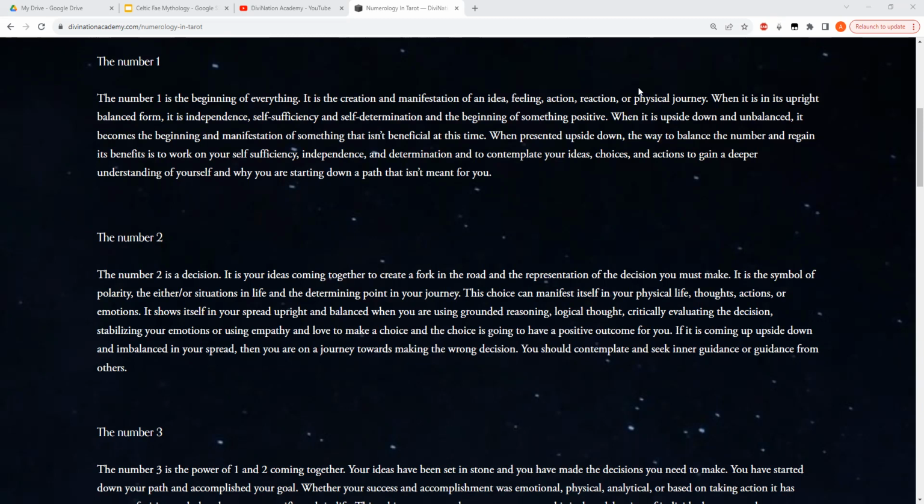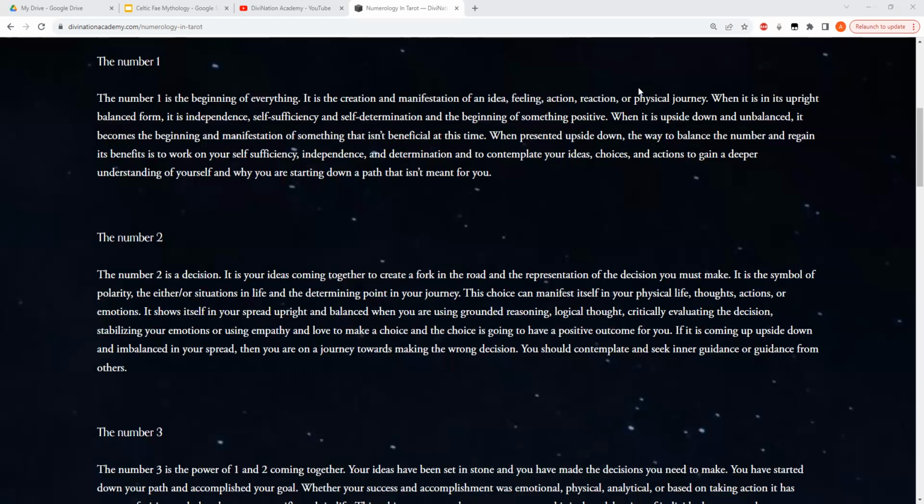And when that describes your personality, that can be somebody who is always starting new things, who typically tends to get bored once they've started the thing, and they've been working on it for a few weeks, they're probably ready to start a new thing. They get very, very bored in the middle of it, and they tend to always start new things, but not finish things as often. Somebody who is very independent, self-sufficient, and determined and motivated.